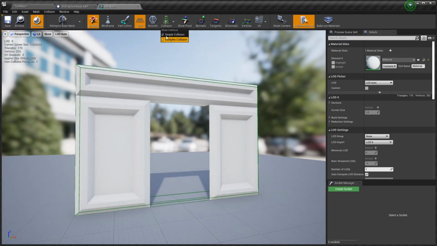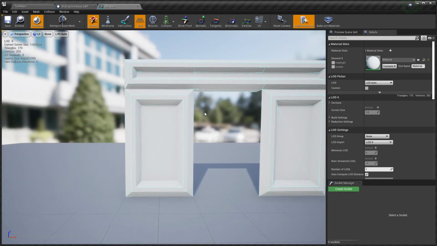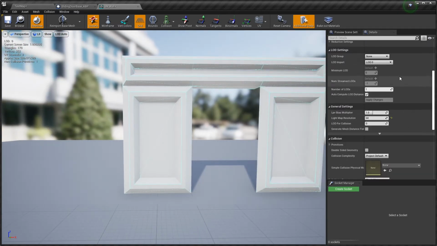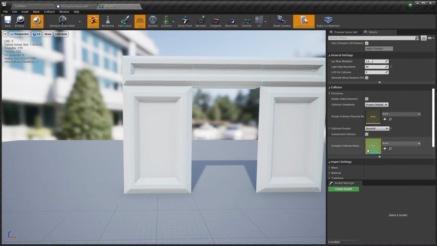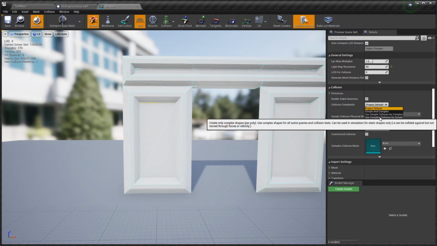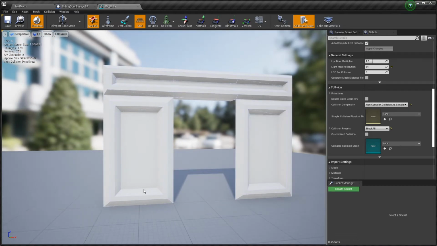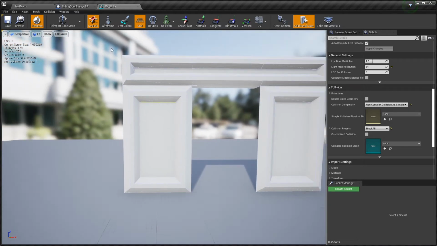Okay, so what we need is this complex collision, which is going to put a complex collision box all over this. Then we need to come down into this panel over here, the details panel for this mesh. Down here under collision primitives, where it says project default, we want to open that up and select use complex collision as simple. We lost a whole bunch of detail in here, but it's still going to act as though we have the complex collision. And I can show you that